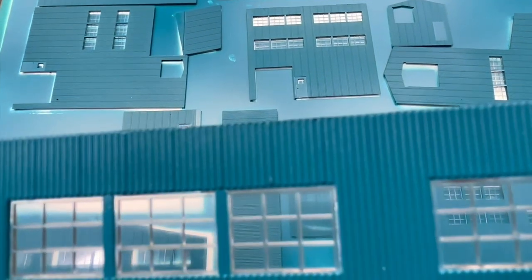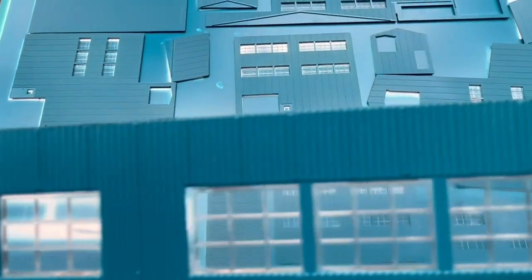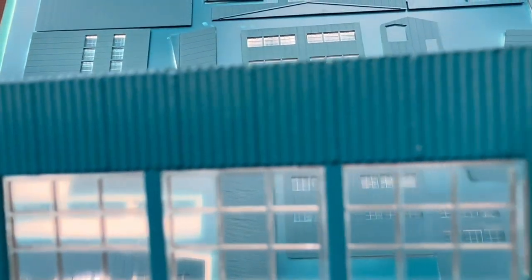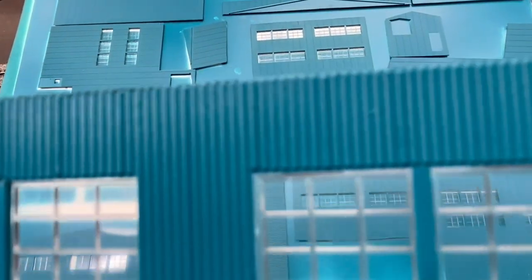And this is all just stuff that occurred as I was putting the windows in. Now that crack is just a defect in the plastic, I think, but it looks kind of cool, so I left those in. Now if it looked like an overt fingerprint or something like that, then I took it out. But I think don't get too pedantic about taking out all of the stuff on the windows, especially if you're in a dirty, grimy industry like this mining operation, because they're going to have dirty windows. Okay, so I just wanted to update you on that,